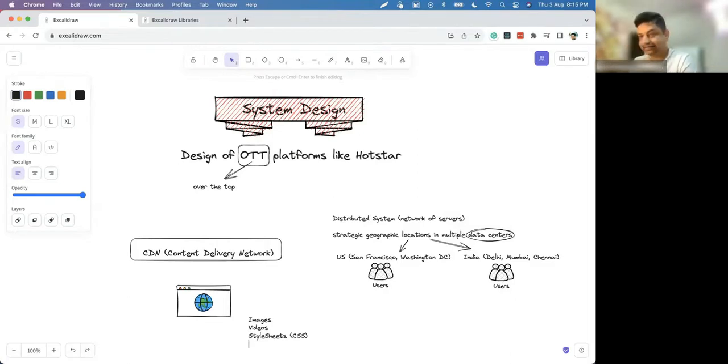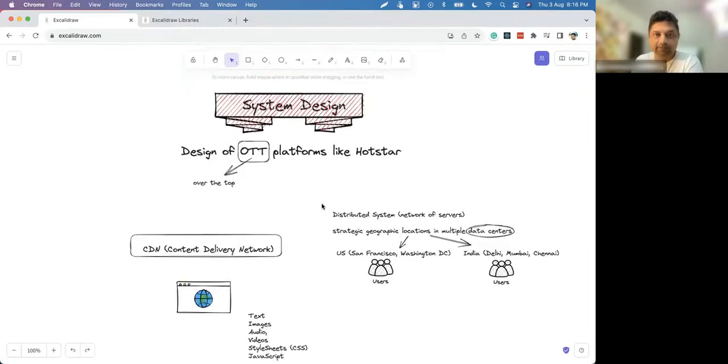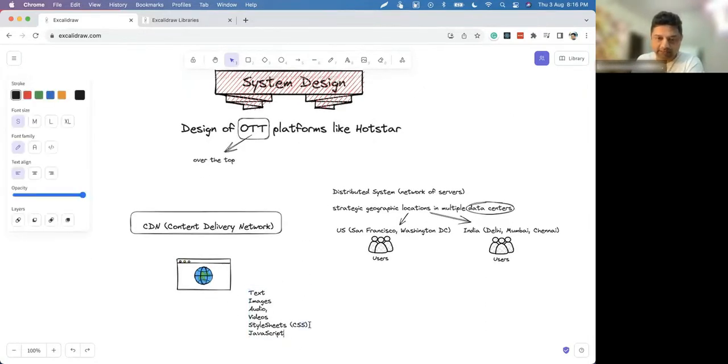This is static content. Definitely website can have text, which is also something that can be served from CDN. Website will also have JavaScript. And video, I would say audio also. These are different kinds of static content. Now, what else? Any other example of static content? Right, so these are various kinds of static content.